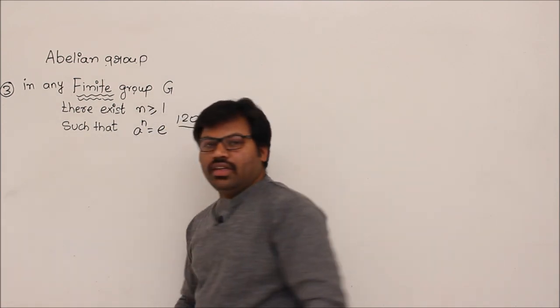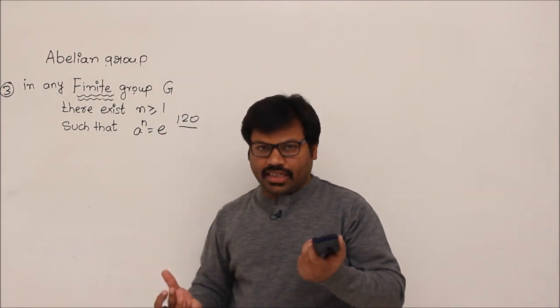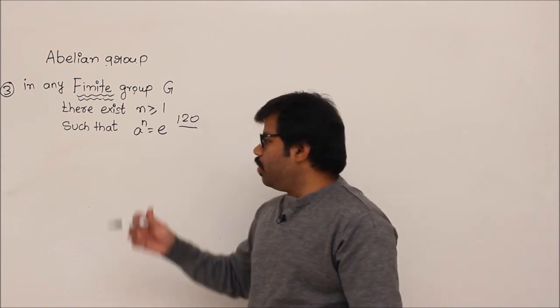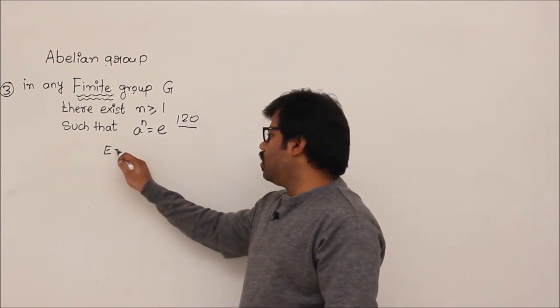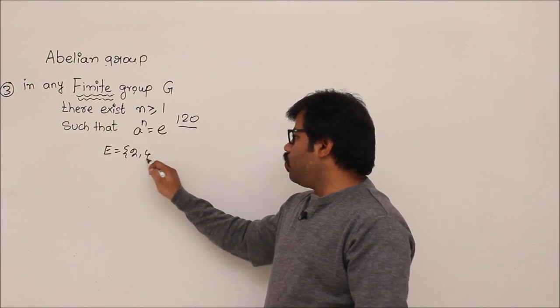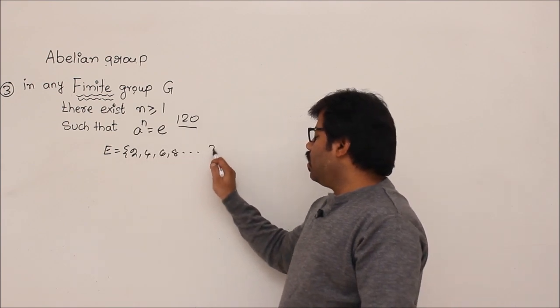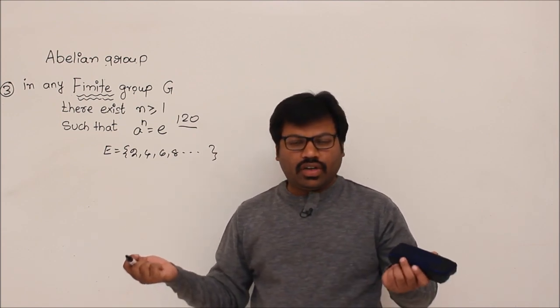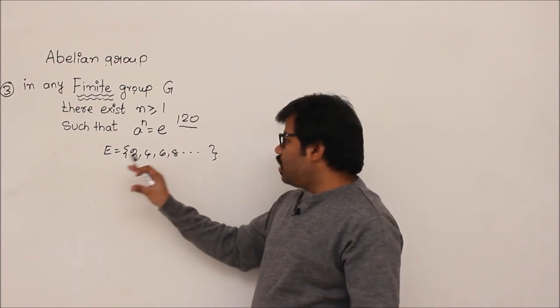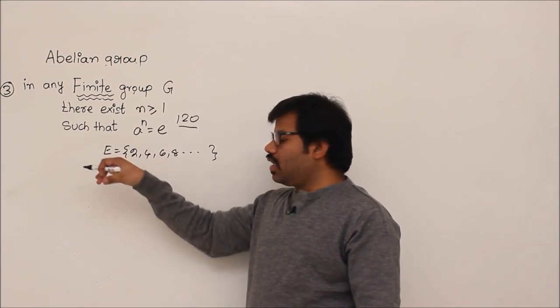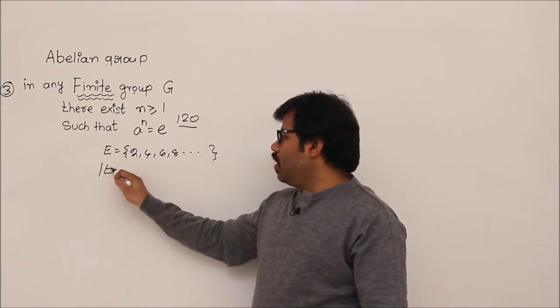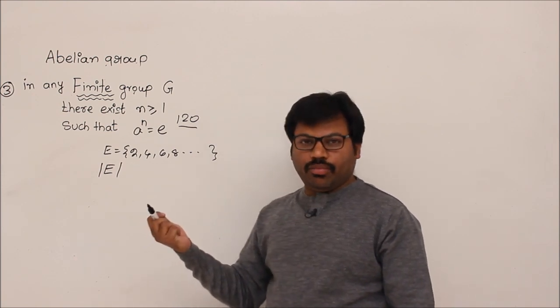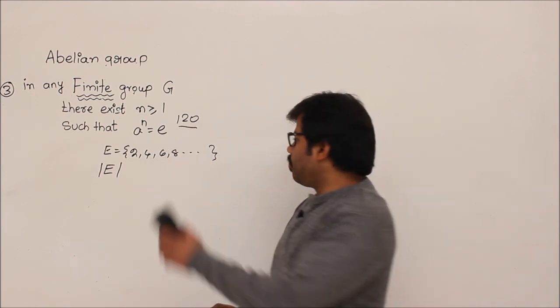Now what is infinite? Sometimes to measure the size of some set, we cannot use a natural number. Example, let's say even numbers, all positive even numbers, 2, 4, 6, 8, and so on. They are not 10, they are not 20, they are not 100, they are not crore, right? It's more than that. So no natural number is sufficient to measure the number of even numbers. That's why |E| cannot be any natural number. So that is an infinite set.